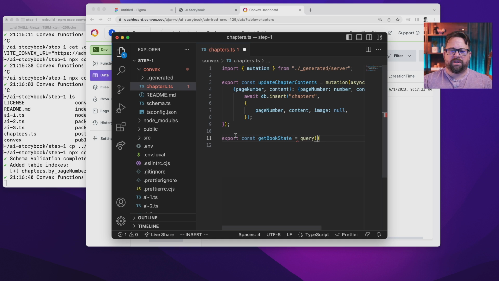equals query. So mutations are how we change data in Convex. Queries are how we retrieve data in Convex. So I'm going to import query, and then we'll make sure, yep, we have it there. And we also toss a function to this, an asynchronous function. It also takes a database object and